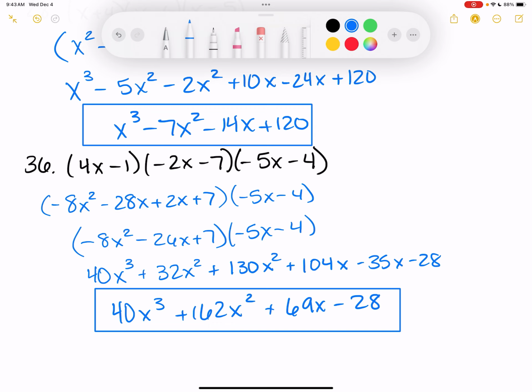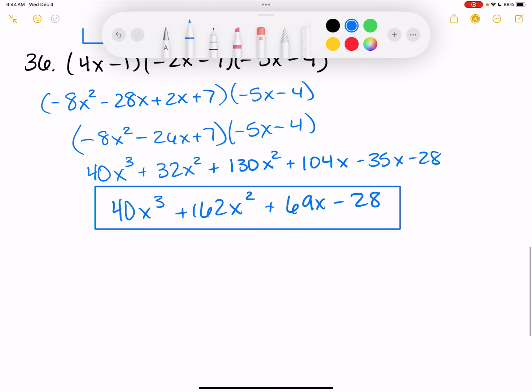All right. Number 38, find the product. These are special products, so you shouldn't be listing them out like this. You should be using the special product form to do them. So, 38, x plus 5 times x minus 5. What would that factor into? X squared minus 25, because that is a difference of squares. Difference of squares. Still don't know what that is. It's this. X squared